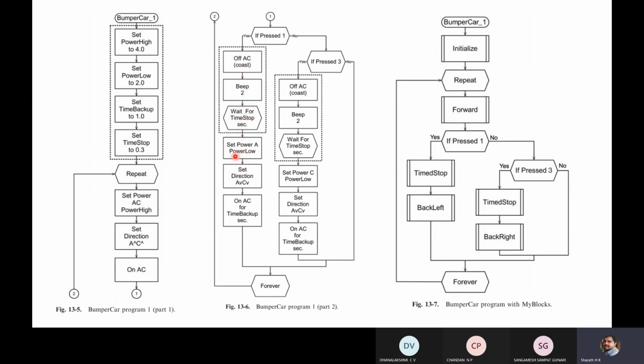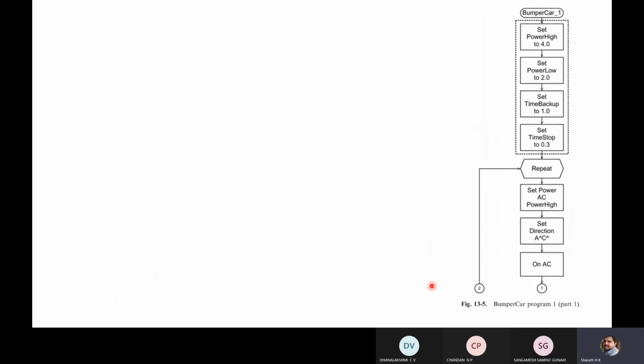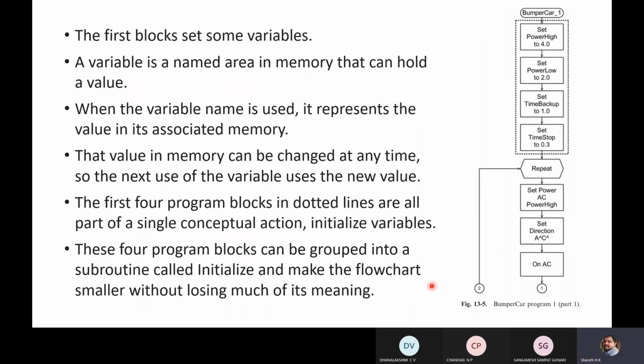Next, these three steps are related to moving the robot in reverse direction. So you group these three steps and make them a subprogram, that is back left. Similarly here also, the same steps are grouped into subprograms, so that you are able to represent it in a single sheet. The program will look simple. If someone wants to evaluate in detail, they can go into the details of the subprogram, and they will get all this information.